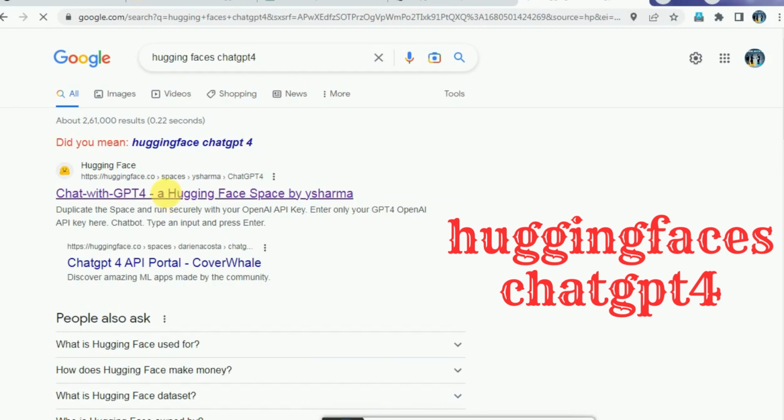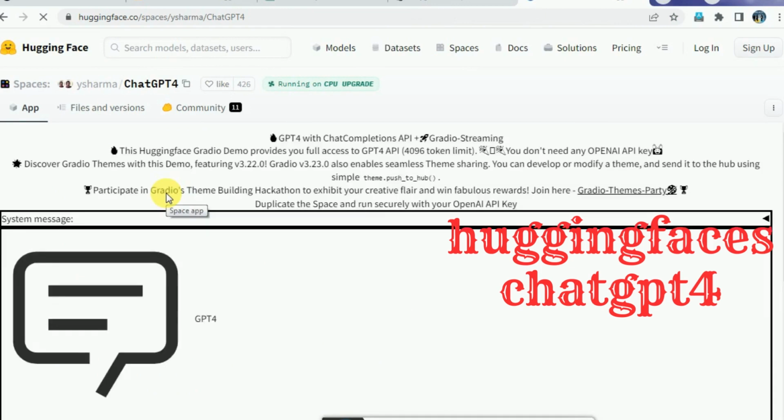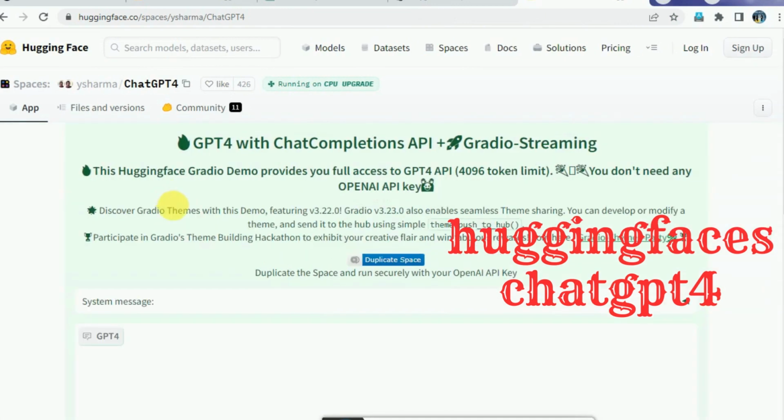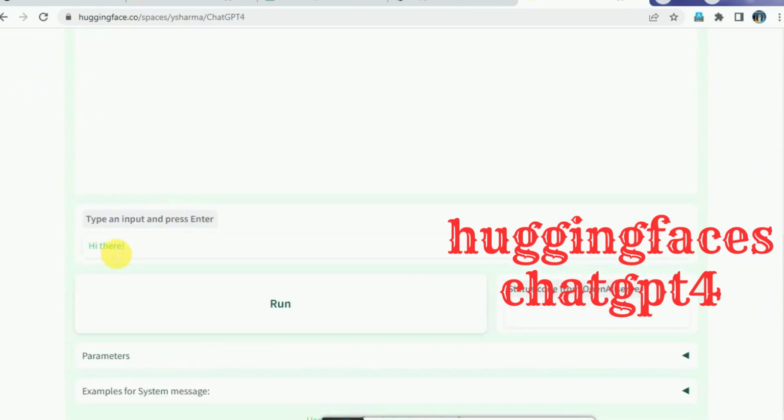Head over to this link to use ChatGPT-4 on Hugging Face for free. Now, enter your question and press the Run button. You will get a response from the ChatGPT-4 model, and that's it. That's how easy it is to try out GPT-4 without the ChatGPT Plus